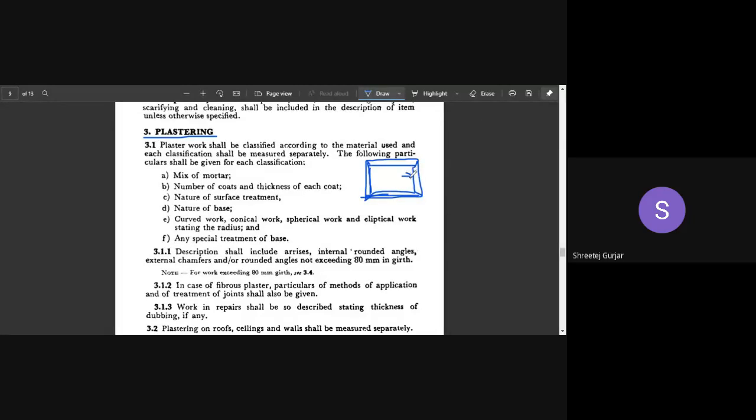So we have to plaster this, right? We have to plaster this soffit part, this side part, and this sill part of your opening. So that 50%, the other face which we have left out, that cement plaster is used for plastering this work, whether it is a window or a door.